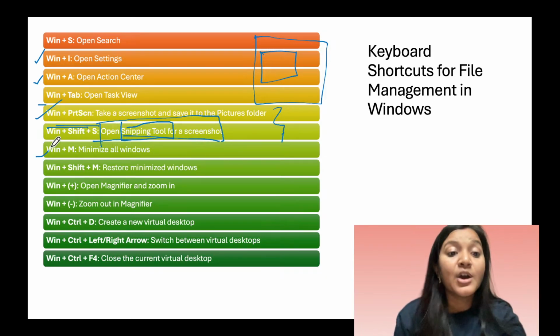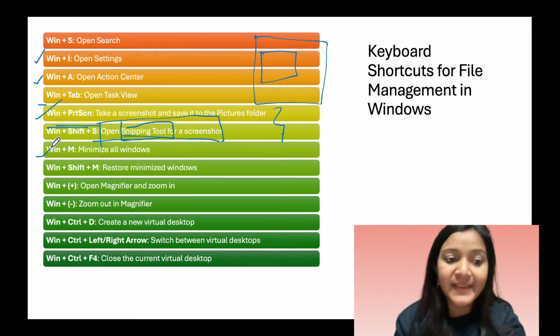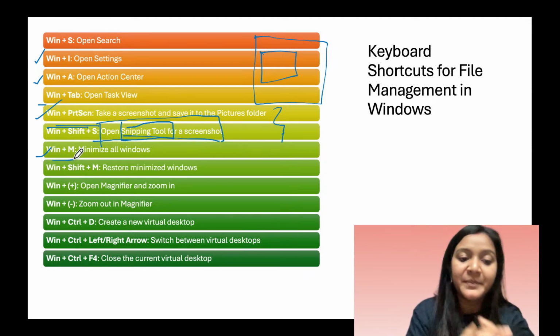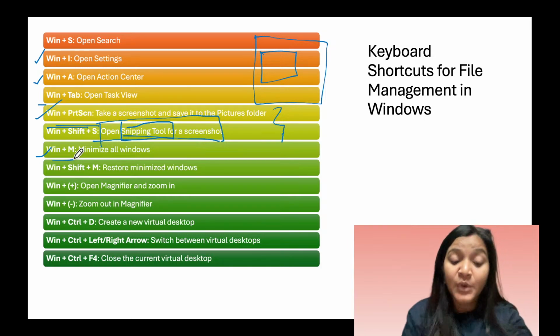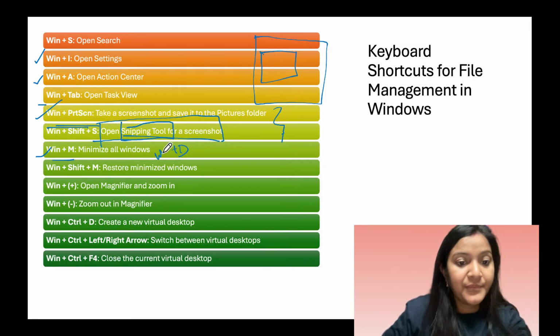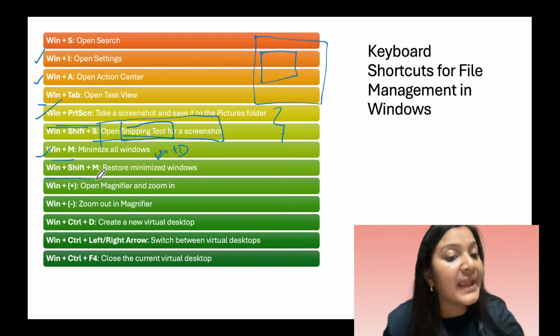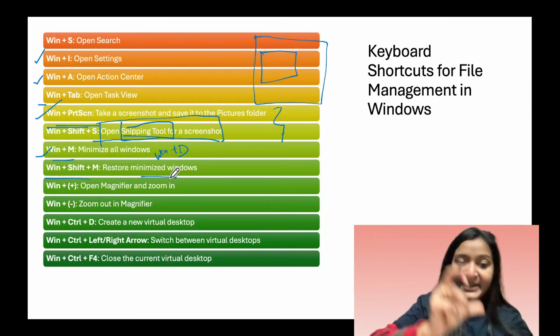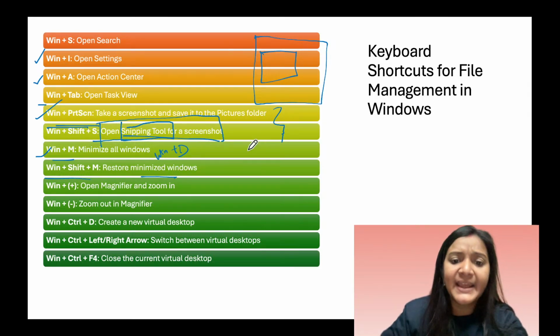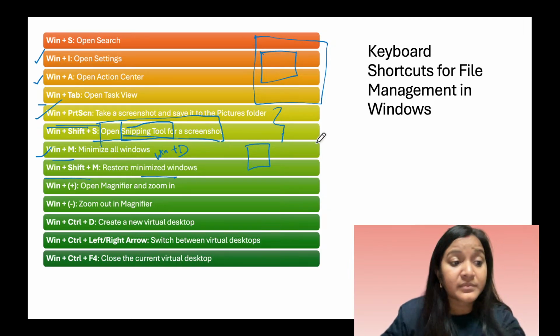Okay, next, minimize all windows is Windows plus M. Windows plus M would minimize all windows. Also Windows plus D would minimize. But to restore, Windows plus Shift plus M. Like you have minimized all the windows, all the open windows, like let's say there was Microsoft Word,